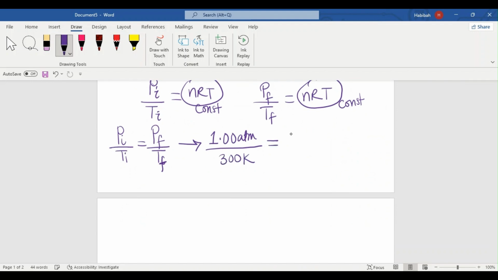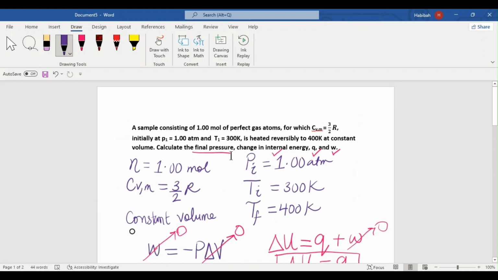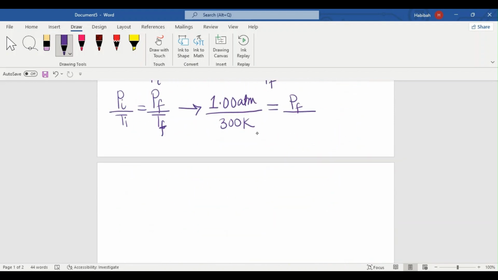And then P final here divided by T final. So the final temperature, which is 400 Kelvin. So yeah, that is what's going on here. One thing we can do is simply cancel out Kelvin since we're solving for P final. And when we do P final here, we can just cross multiply this, and what we end up with would be